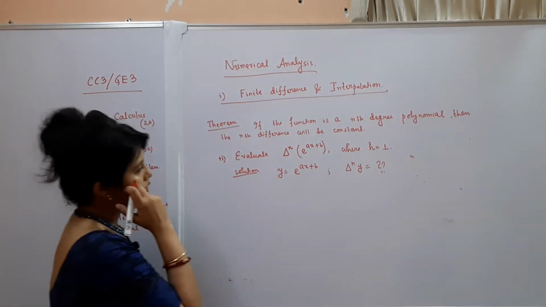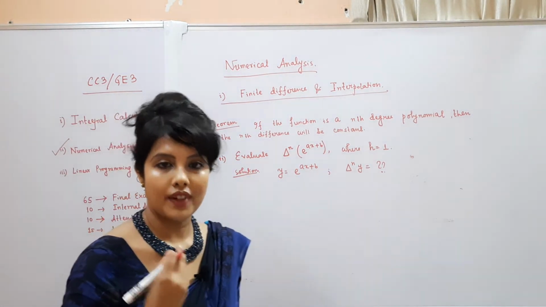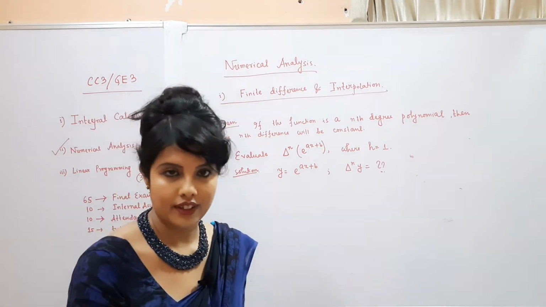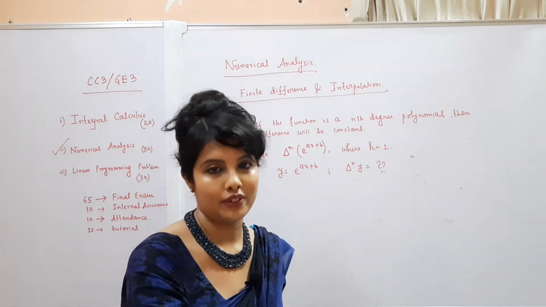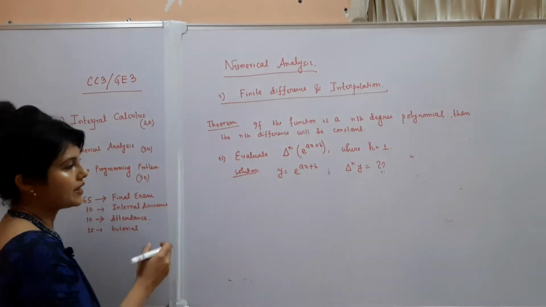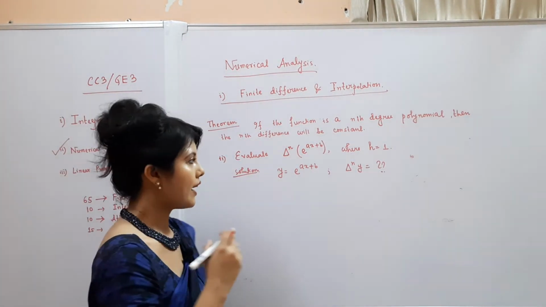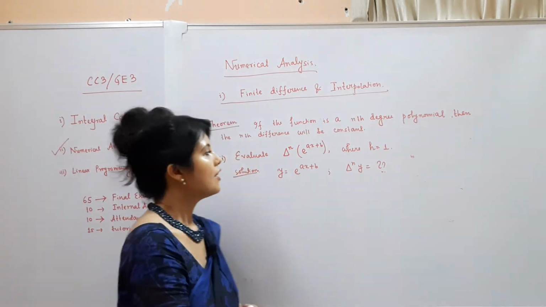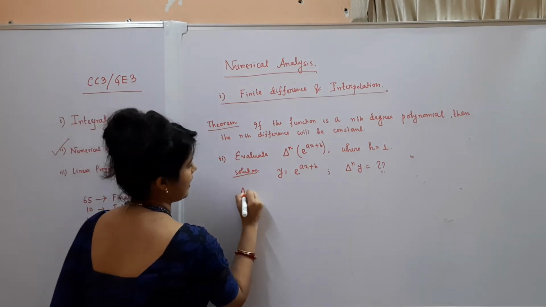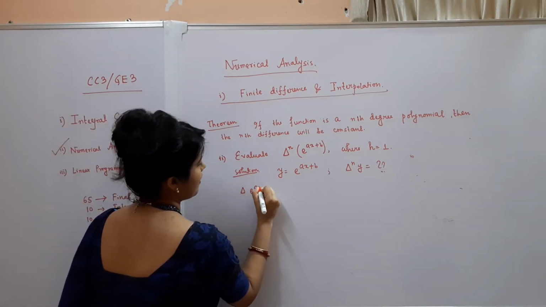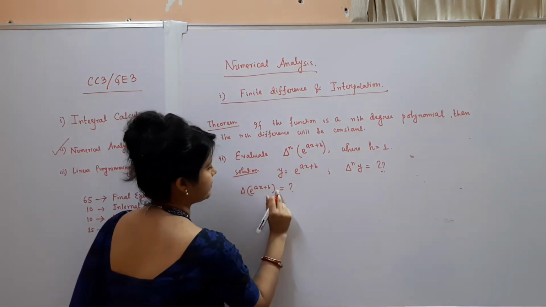Okay. So for the nth degree difference, first you have to compute the first order difference and then the second order difference. Then you can follow the pattern, that is how the expression is going on. Then you can easily find the nth degree, because at first, finding the nth degree difference directly is not possible. For which you have to first find the first degree difference, that is, delta of e to the power ax plus b.